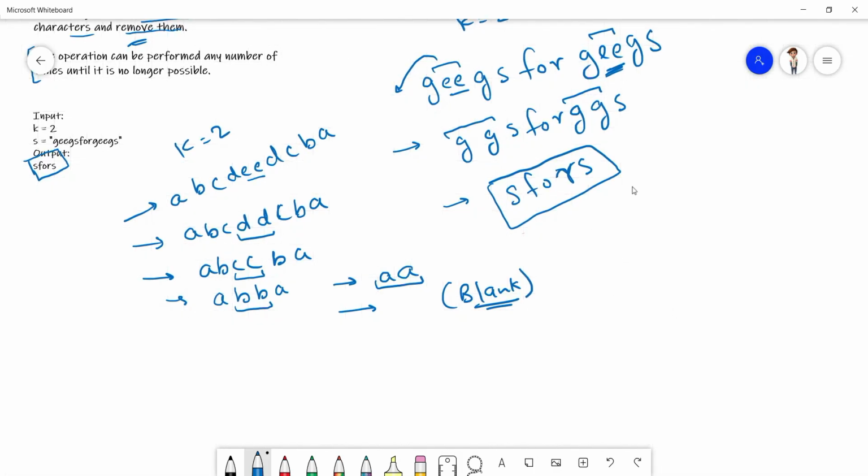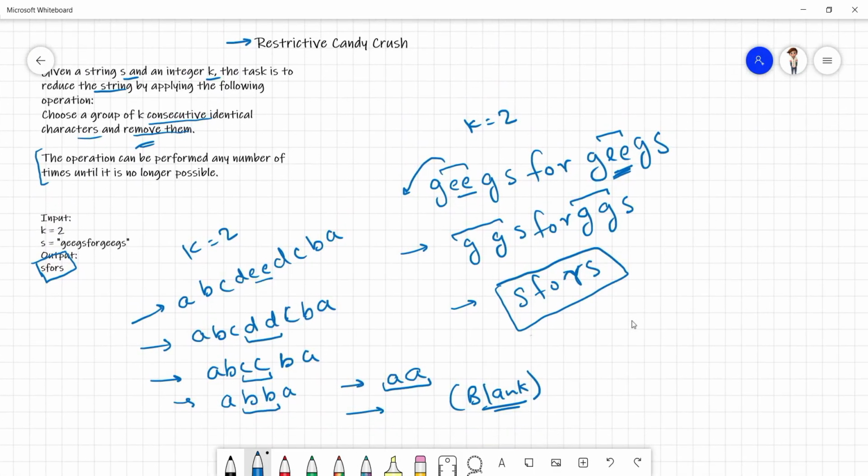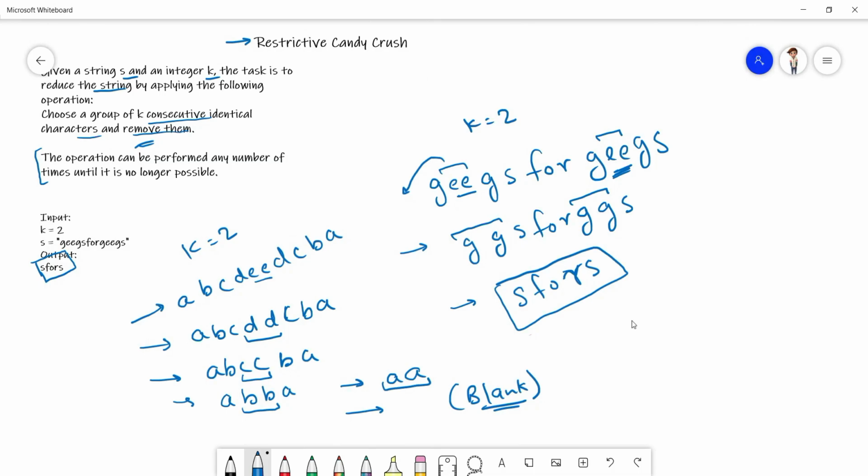Now I think the question is clear to all of you. We are given a string S and an integer K, and we have to remove K consecutive identical characters from the given string at every step. At every step means doing the operation until it is no longer possible. We did it over here.